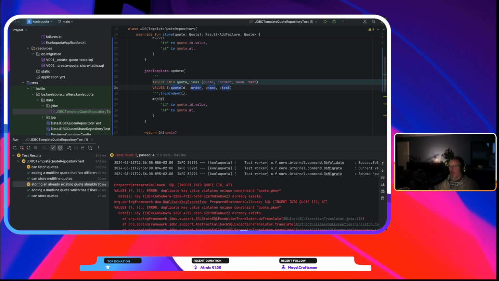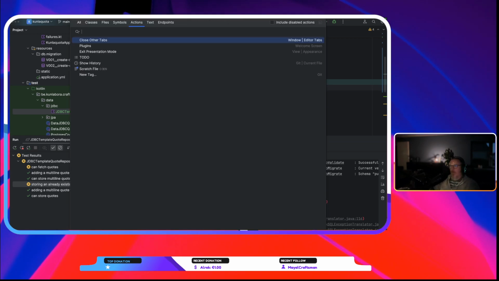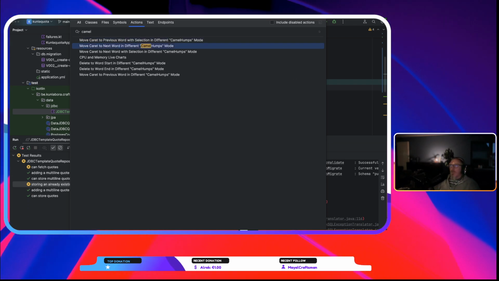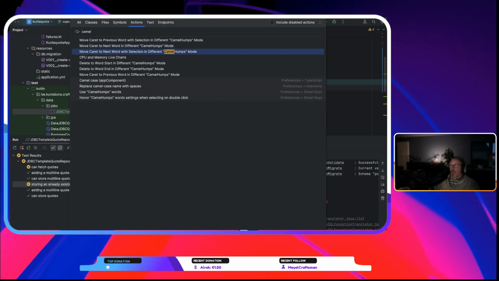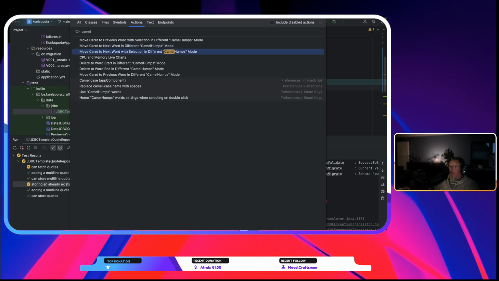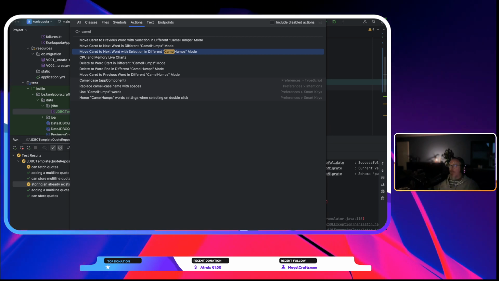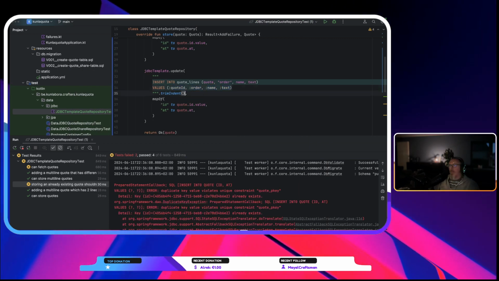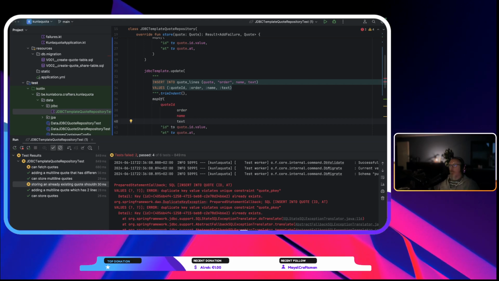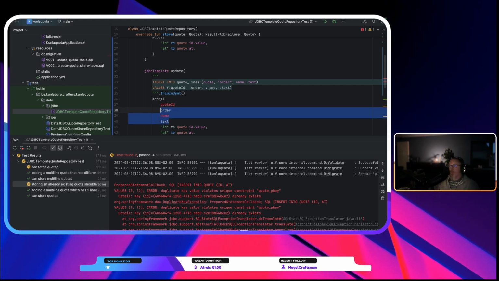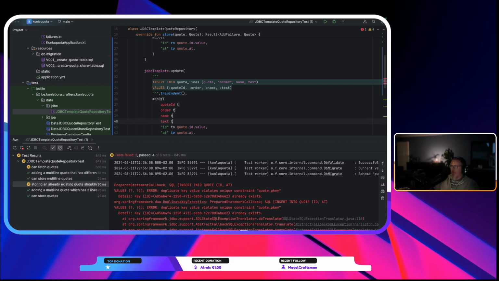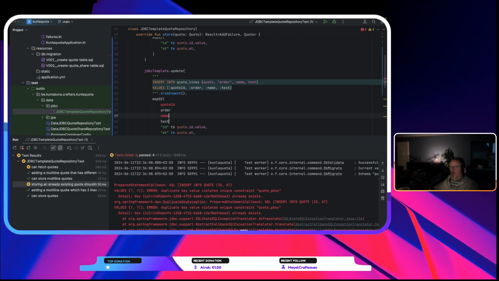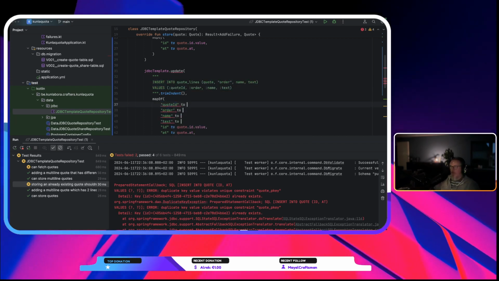And here my camel humps is failing me, so I want move carets to next word with selection different camel hump mode, so that means it will select the entire word even if there's capitalization in the same word. Voila. And these, let's put them on same tab. Oh, what? Actually, oh, crap. So, 2, and then